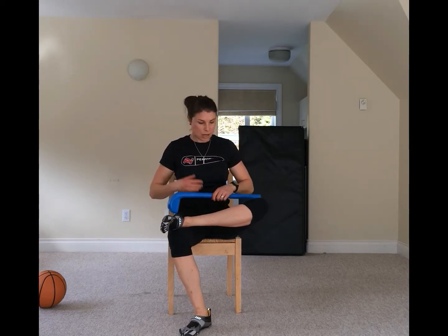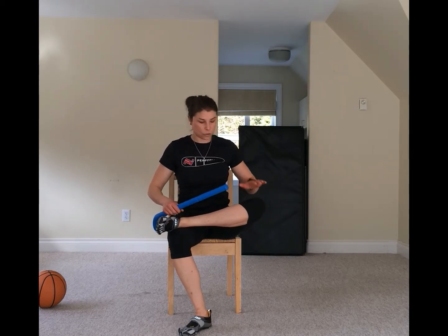Okay, so let's try reversing the order here. Let's go left leg on top first. Establish that good stretch in through the glute. Once you've got a firm position where you know you're going to have a decent stretch and you can actively push that knee down, then you can go into the upper body, reach the right hand up behind, left hand comes behind, walk your hands up that stick, sitting up nice and tall, open up through that left shoulder, drive